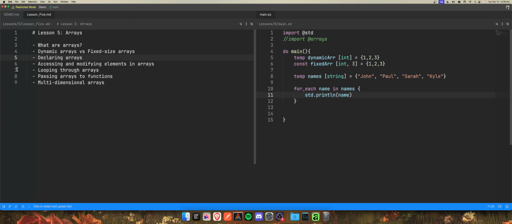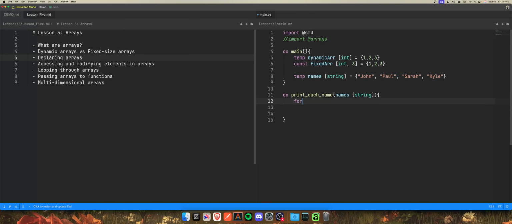Okay. We can do the same with any array. We can do for each and whatnot. Okay, so we can also pass arrays to functions. So let's say we have another function here that's called print each name. All right, this needs to take in an array of strings. We're going to create a parameter called names, and we're going to assign it the string array type. And we're going to call this function and print out,